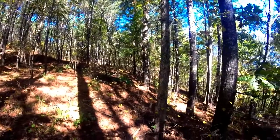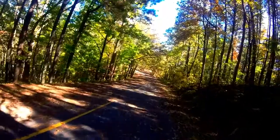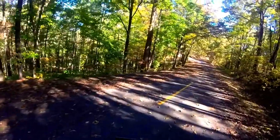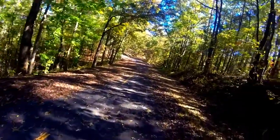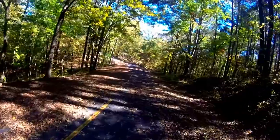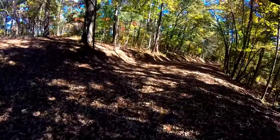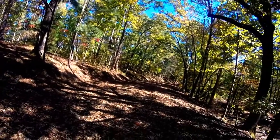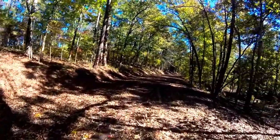I think there is a better way to get there. So I'm going to go back out and try this again. Okay, according to the map, not far away. Still showing 500 feet. 500 feet this way is a whole lot easier than 500 feet through the woods. It's showing off to the left, right up through there. We'll keep going. I have an idea that that old road right there might go to it, but